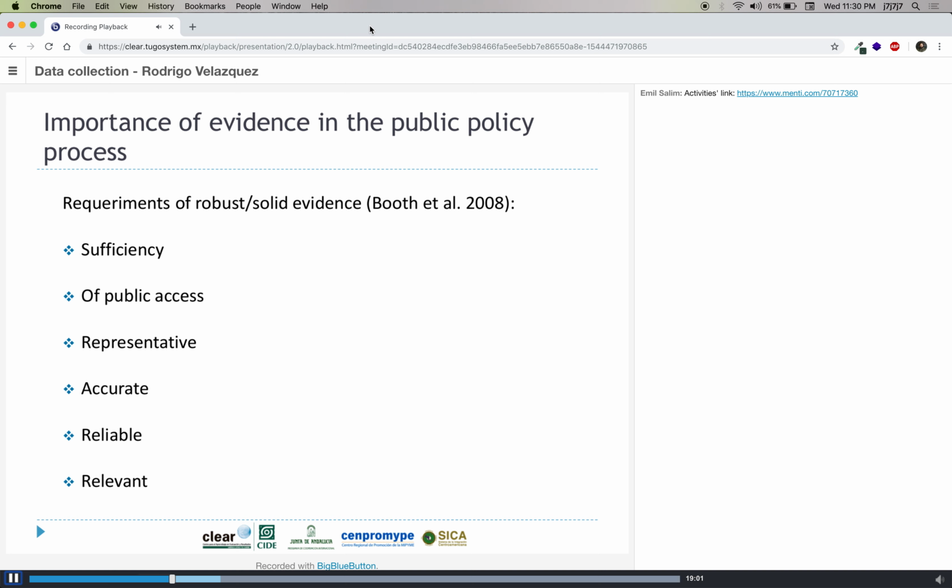But what happens, for instance, if this is evidence that has to do with anecdotes? And this is what researchers in social sciences try to avoid. Evidence that has to do with anecdotes is, for instance, when someone said something just to prove something, or maybe because I listened to him or her in the news, and maybe he said that he had some effect, but maybe he is my neighbor or he is part of my family. So this has to do with a story or an anecdote.